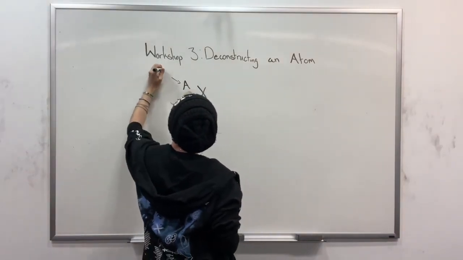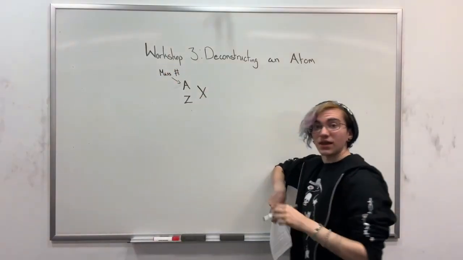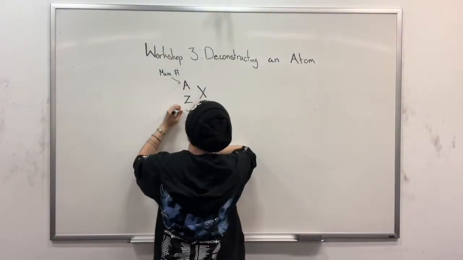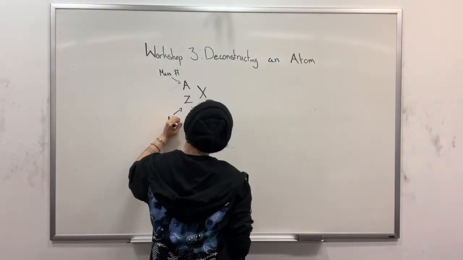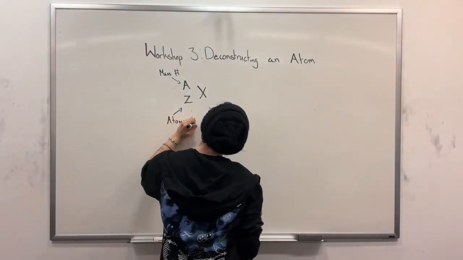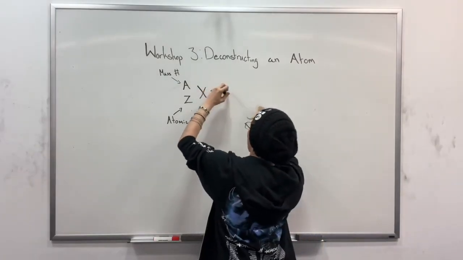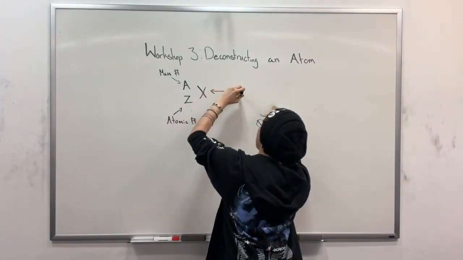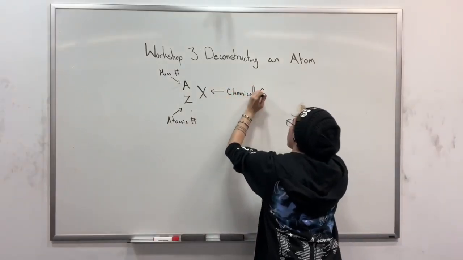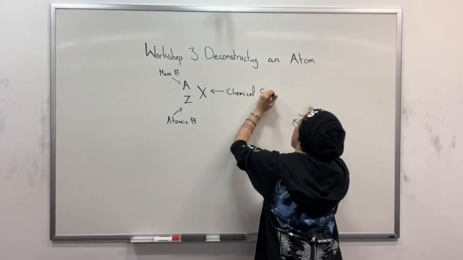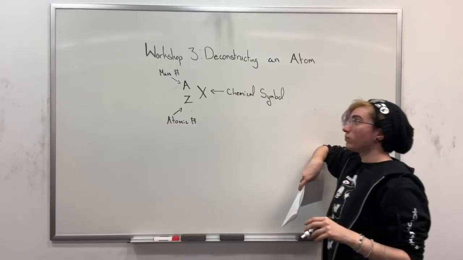A is going to be your mass number, so that would be the sum of your protons and neutrons. Z is going to be your atomic number, and this is just the number of protons that you have. And X is going to be your chemical symbol. This is the 1-letter or 2-letter abbreviation for your chemical that you'll find on the periodic table. This is going to be the main notation that you're working with and the most common way that you're going